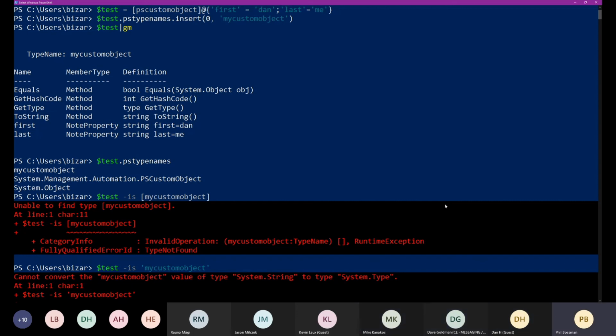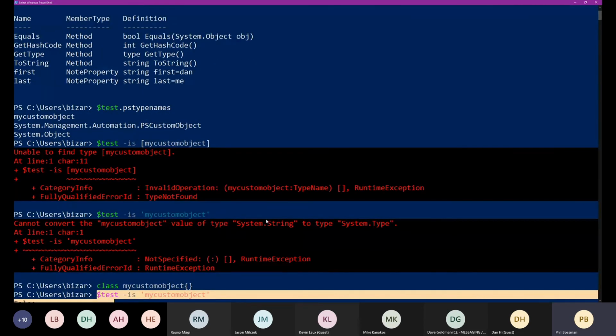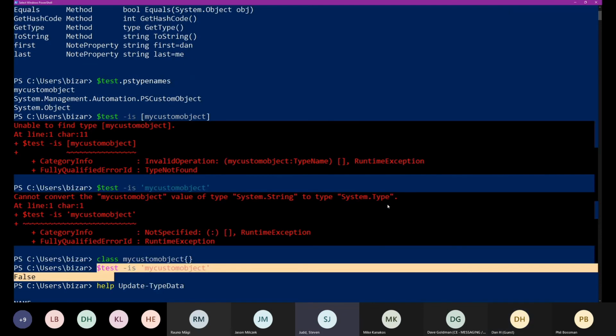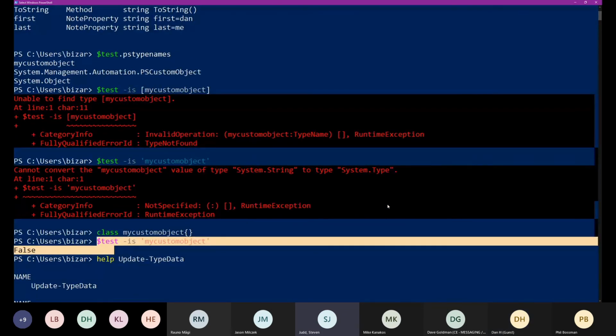Can you put like the type class in front of it, instead of that line right there where it says basically right there, cannot convert my object from type string to system type? Can you just use reflection and cast that name into an object of that type? I thought the type had to be defined by the square brackets. You can't do it with the quotes, and that's why it's saying test is this, and you can't convert that to string or stripe type. Right, yeah.